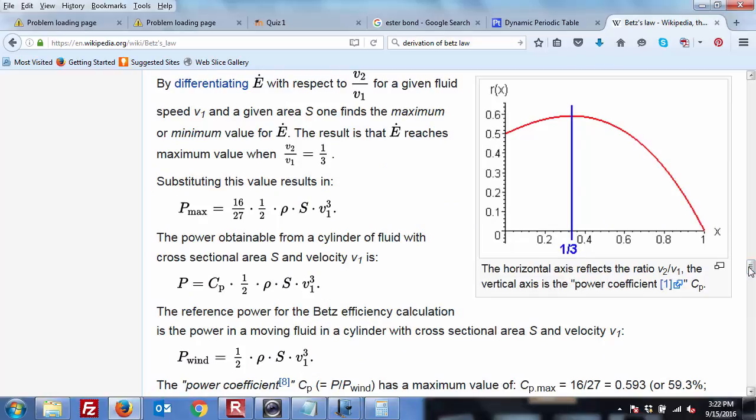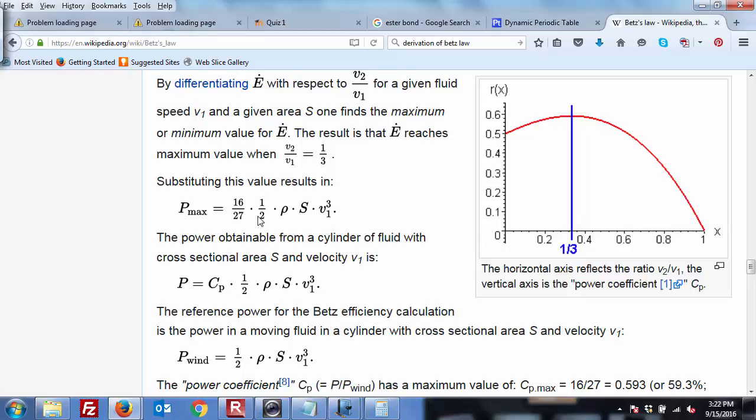This is basically what we're looking at right here. There's your efficiency, there's your 16/27, and this equation right here is more or less